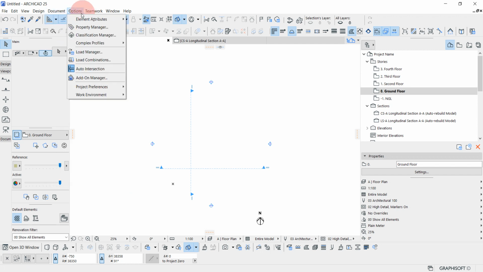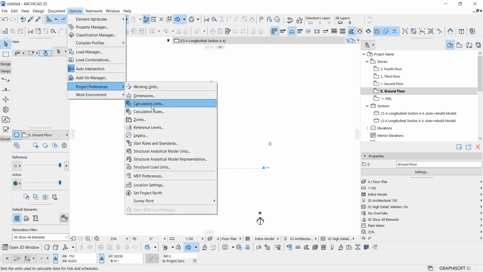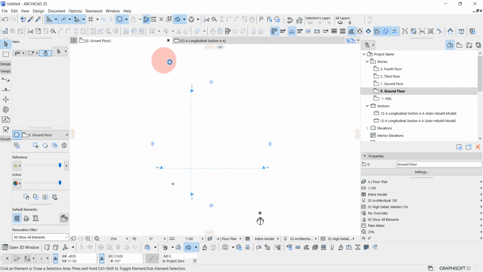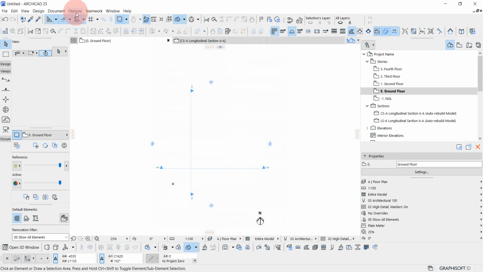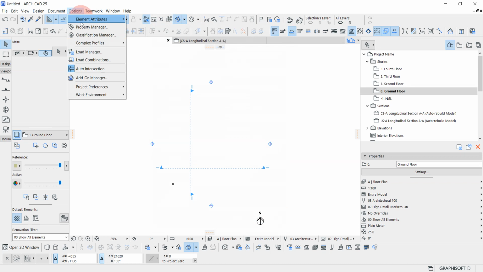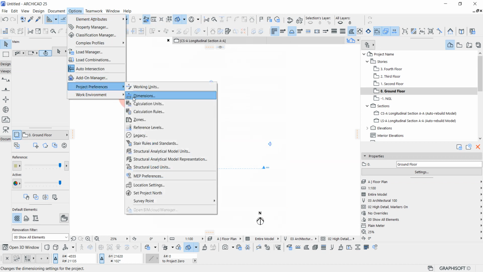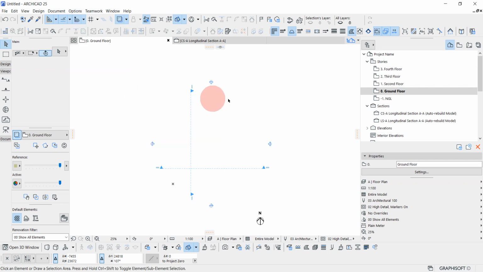You can set it up under Options, Project Preferences, and Calculation Units. Sorry, go to Options, Project Preferences, and Dimensions. So in dimensions,